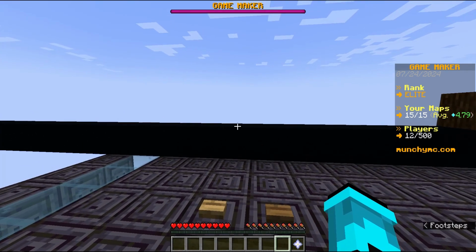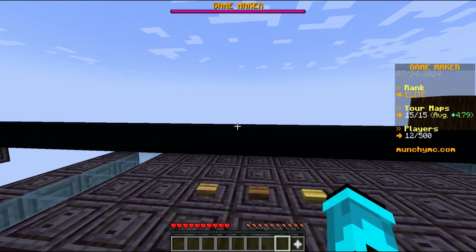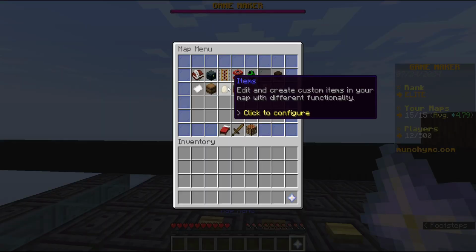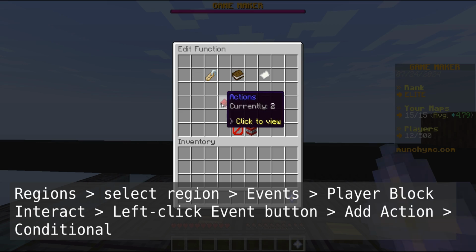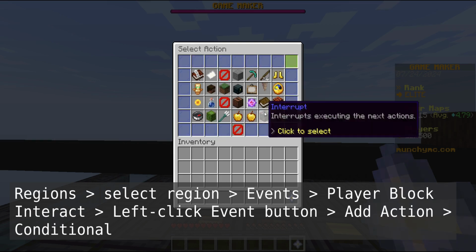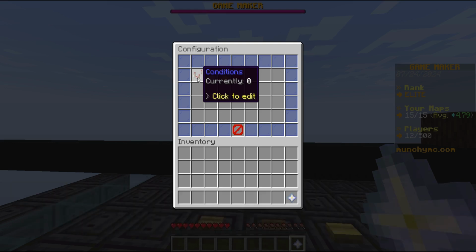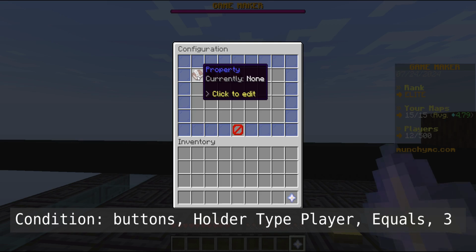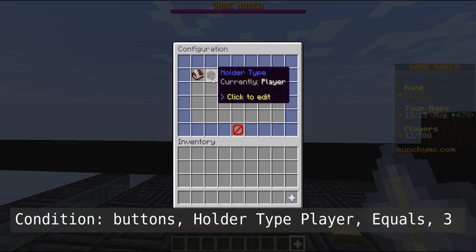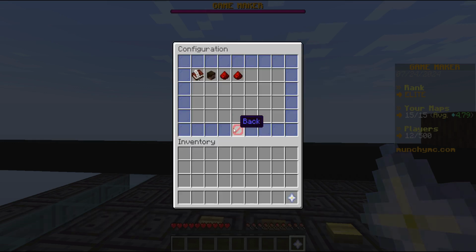Now what else do we want? We need a way to end the game, right? We need to check if the player has found our buttons. How? Let's go back to the function and add an action. A conditional. A conditional checks if something is true, and if it is, it executes an action. Let's add a condition that if the property buttons for the player equals 3, or however many buttons you have on your map,